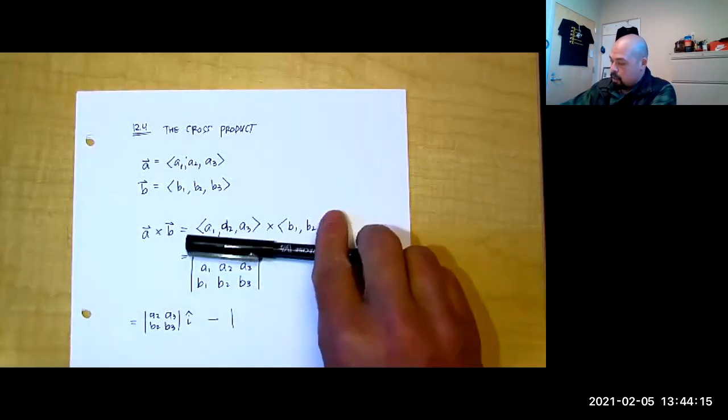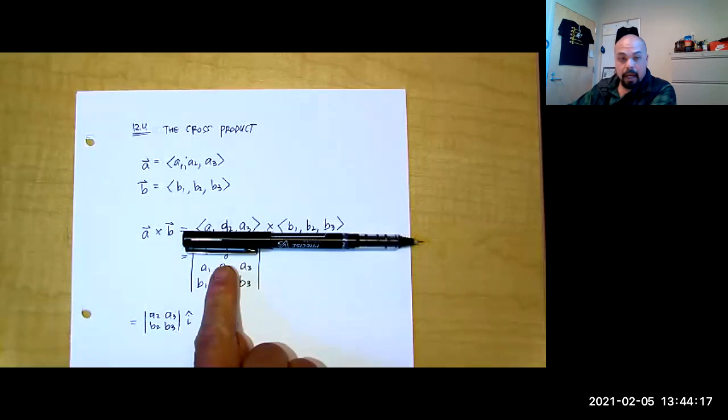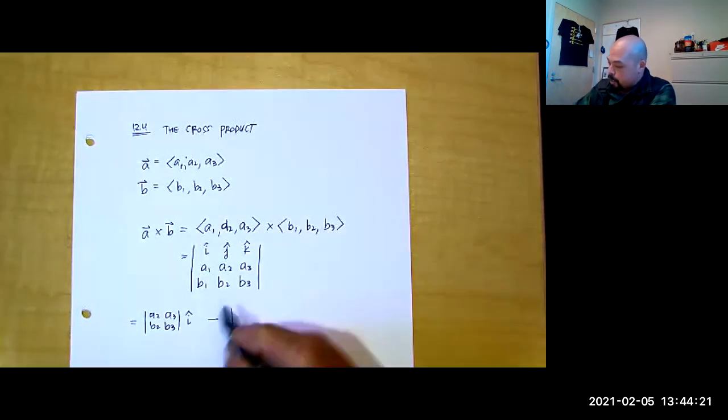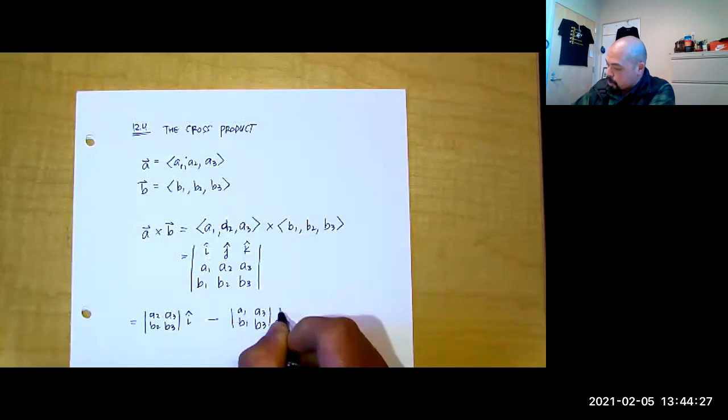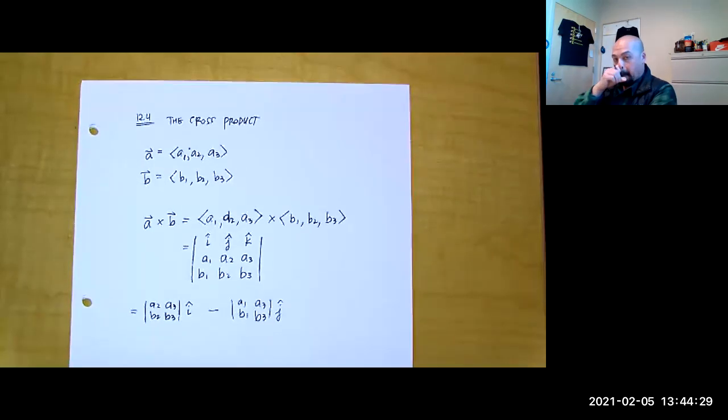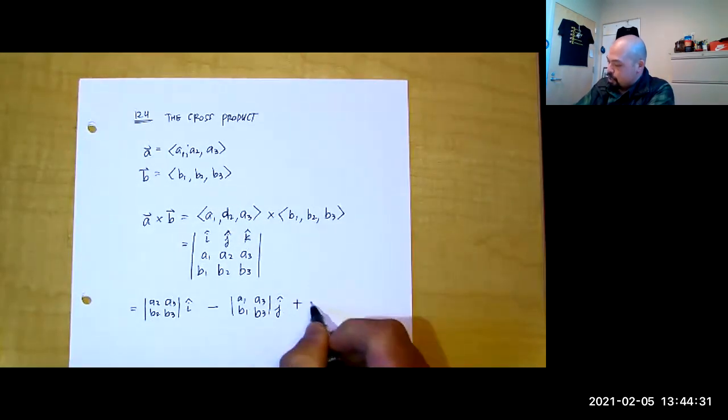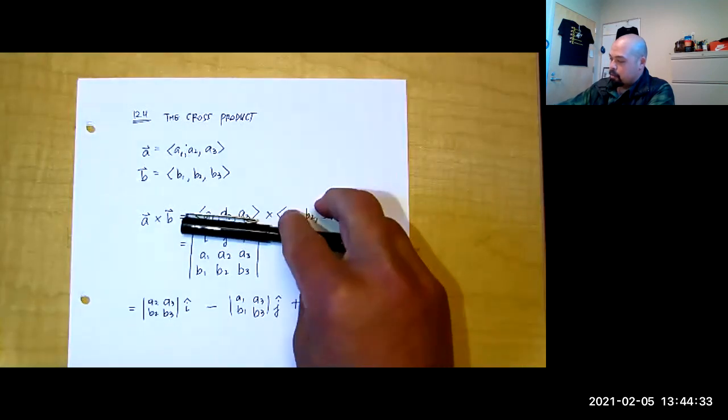Now crossing out that row, that column. Now that minor, right, that smaller 2x2 matrix left over, A1, B1, A3, B3 times our J component. And lastly, with an addition, top row goes away,